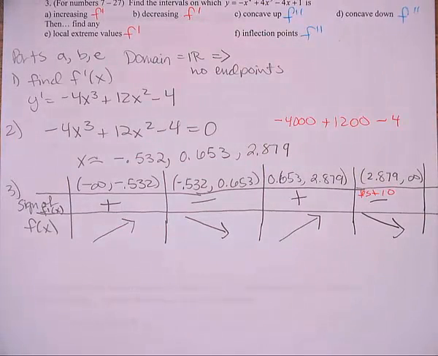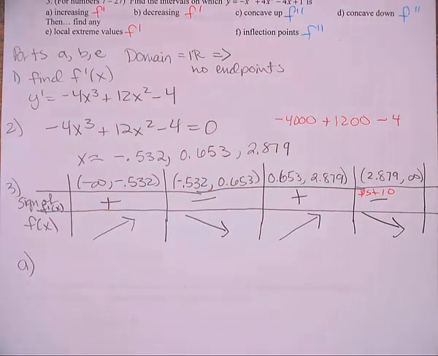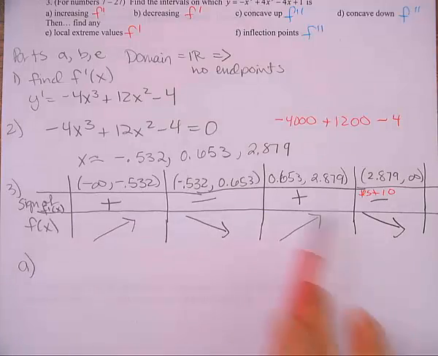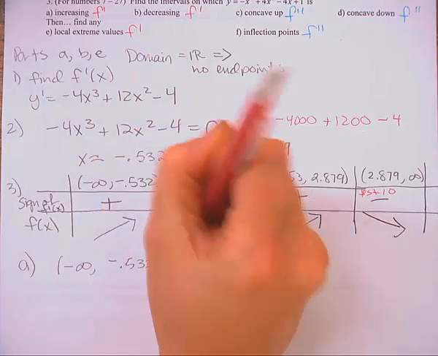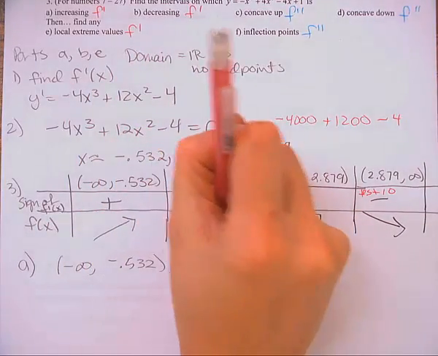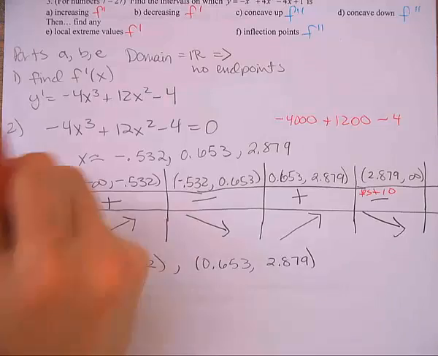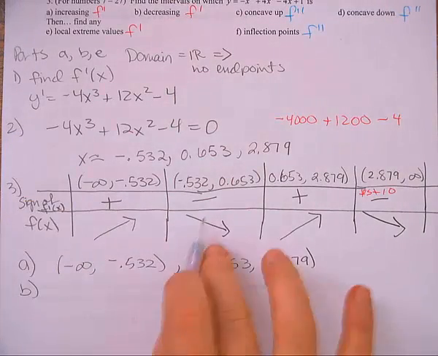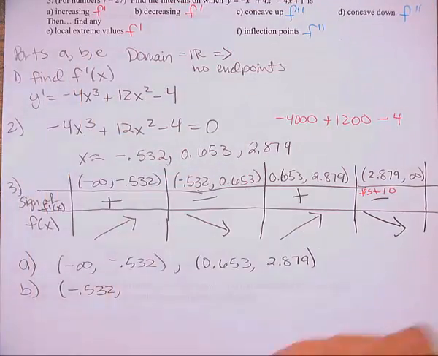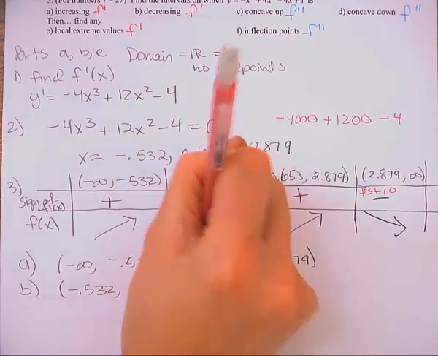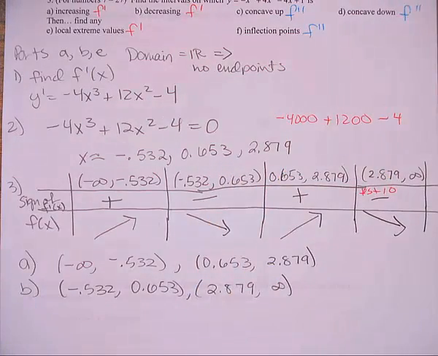All right, now I have enough information to answer parts A, B, and E. For part A, the function's increasing wherever the first derivative is positive. So that would be from negative infinity to negative 0.532, and then from 0.653 to 2.879. That's where the function's increasing. Part B, it's decreasing wherever the first derivative is negative. So that's between negative 0.532 and 0.653, and also between 2.879 and infinity. Then for part E,